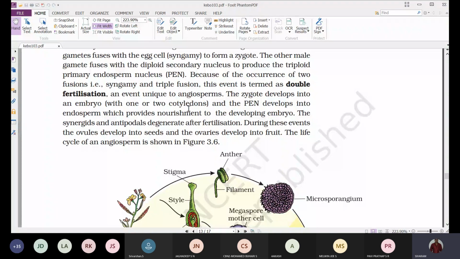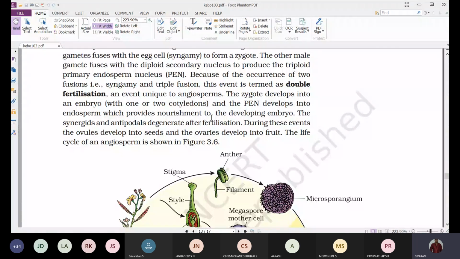So during fertilization, zygote is produced first, later the primary endosperm nucleus. But during development, what occurs first is the endosperm formation from primary endosperm nucleus. So first a certain amount of endosperm is produced from the primary endosperm nucleus. Later, the development of zygote into embryo will take place. Understand? So the primary endosperm nucleus develops into endosperm, which will provide nourishment to the developing embryo.